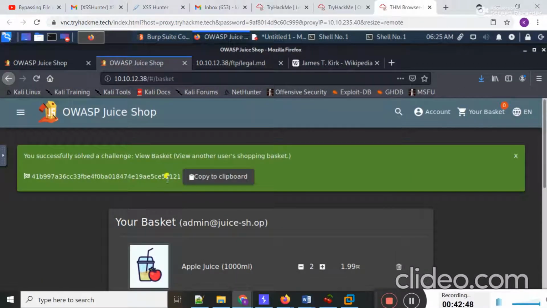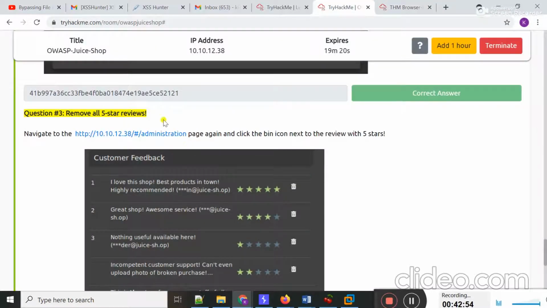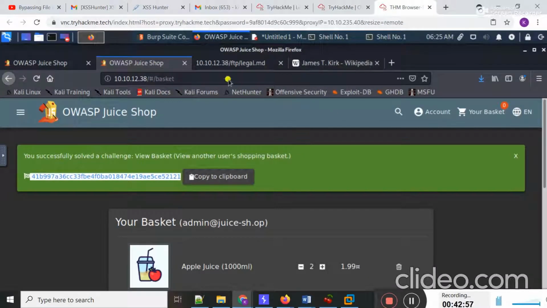Okay guys, here you can see this is the flag for user ID 2, basket 2 user. I can copy and paste to the answer section. You can change other user requests as well by using 3, 4 or 5.